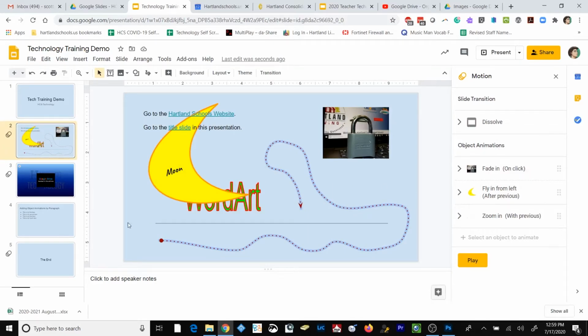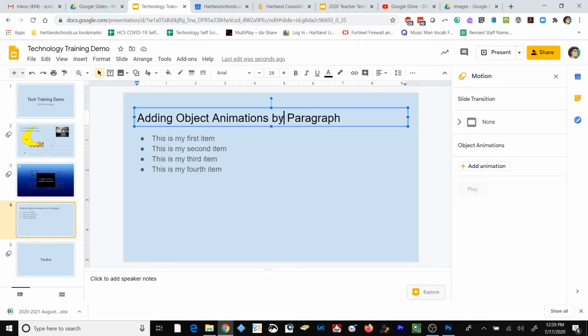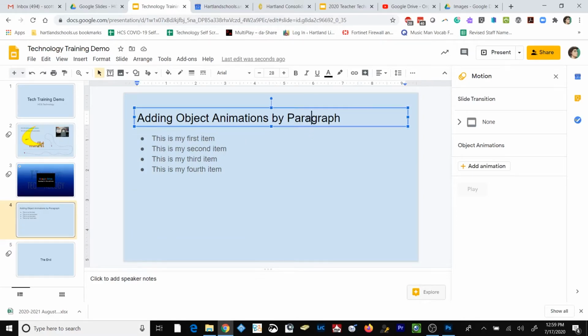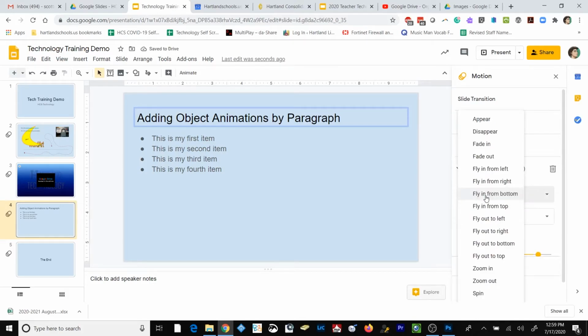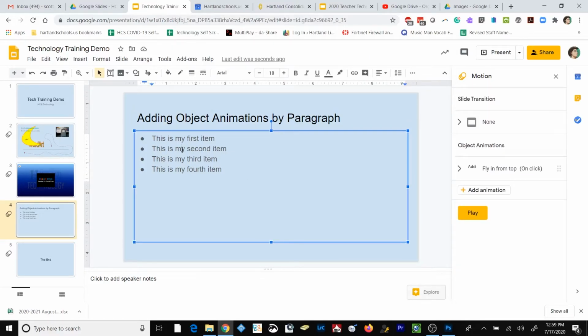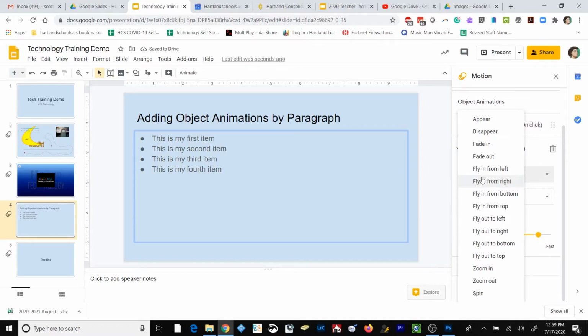I'm going to also show you how you can add animation to text. So I added a new slide here that's got some text on it. It's got a title and it's got some text at the bottom that's a bulleted list. So I'm going to go ahead and click on this first title up here, and I'm going to select Add Animation. And I'm going to choose to have that fly in from the top. Okay, then I'm going to select this object right here, and I'm going to choose to add an animation to it. And I'm going to have it fly in from the right